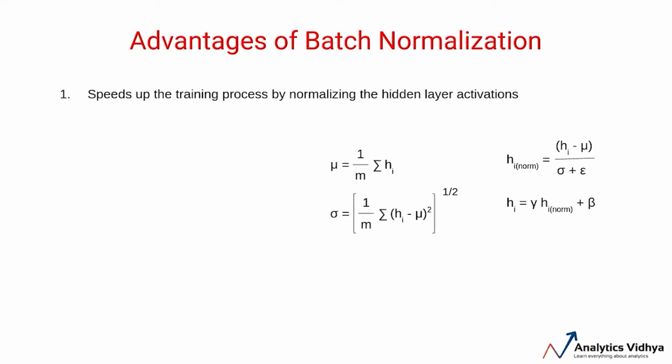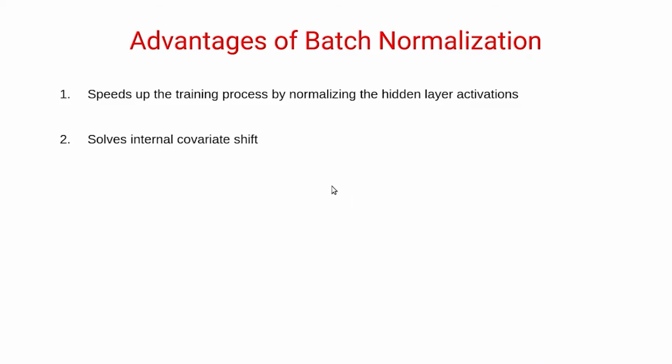Intuitive reason behind this is that the activations from the hidden layer are being normalized, which makes the training process faster. Another advantage of batch normalization is that it ensures the output from a particular layer will have the same mean and standard deviation, that is, they are normalized, and hence it can possibly reduce the internal covariate shift. I'll come back to internal covariate shift in a bit.